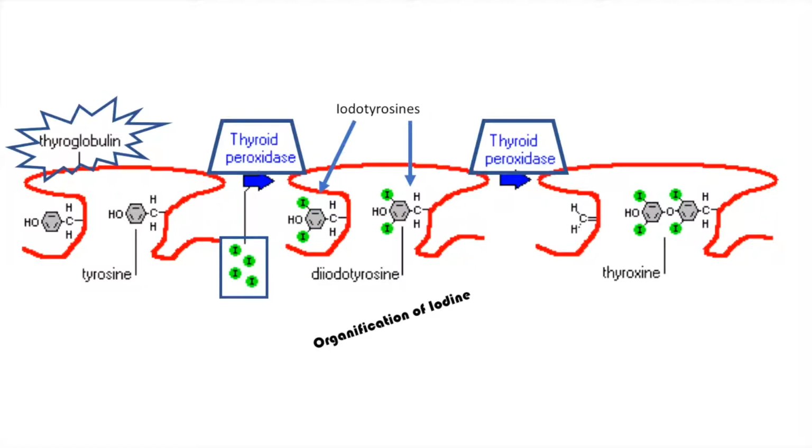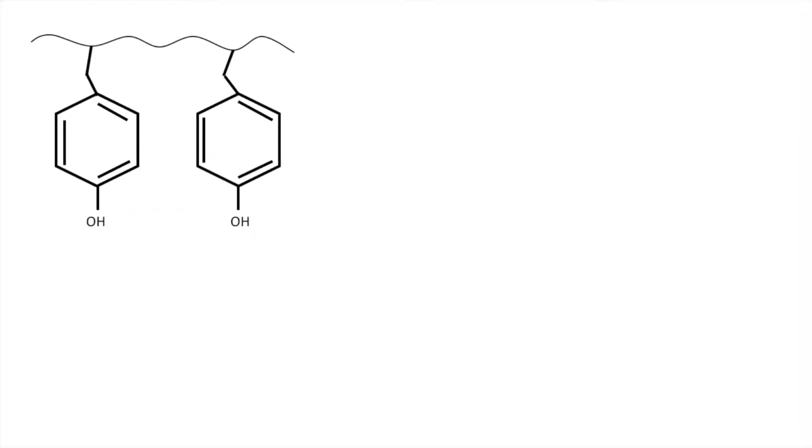Alright, so now we're going to go a little more in depth into that synthesis. So here we have our two tyrosines, and they're both bound to the thyroglobulin. Alright, so the next step is the organification of iodine. And this happens with a compound. It's iodine that's been oxidized by peroxide. To make that a little simpler, we're just going to draw it as I partial positive with an O partial negative. So then that benzene ring of one of the tyrosines will then attack that partial positive, and we'll get